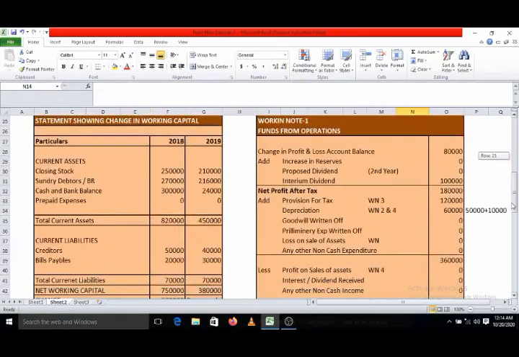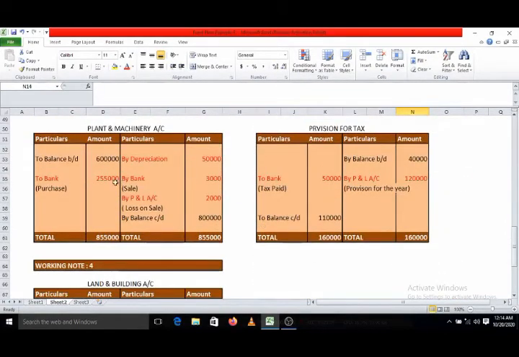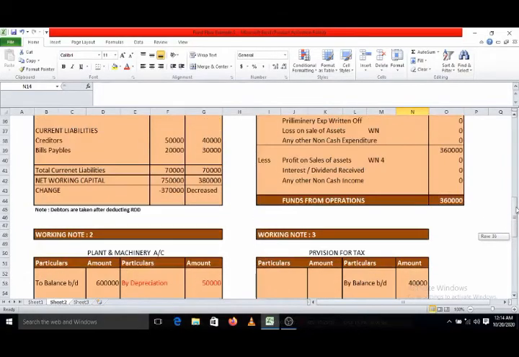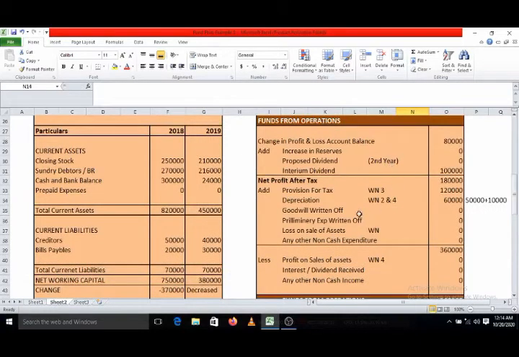Okay. Now out of this we have considered depreciation; this one still remains. What is this? By profit and loss account, means that has been debited to profit and loss account. What is that? Loss on sale of asset by rupees 2,000. It will come in the working note, funds from operations. You can check out the funds from operation format. Somewhere it is there, loss on sale of asset 2,000. So I will write down here itself. This is working note number 2. This has come from plant and machinery account.